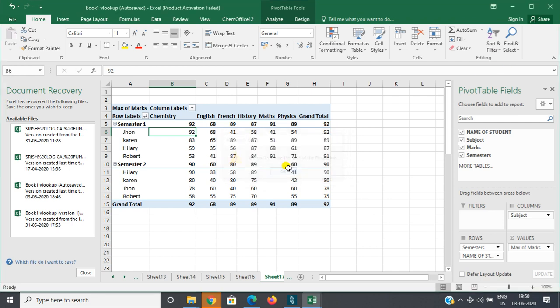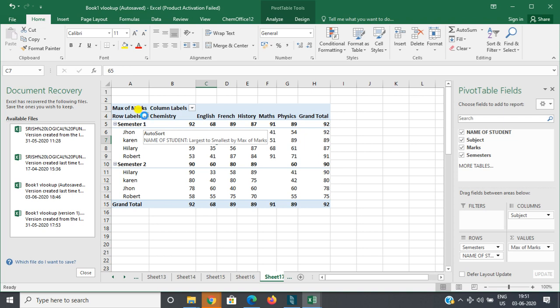See. Now it shows largest to smallest. First largest marks 92, then 83, then 59. Here is also 68, then 65. Now I want to filter my data. So go to row labels. Okay.